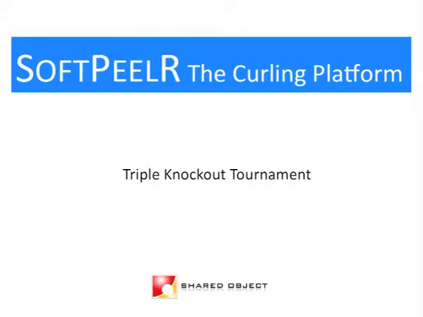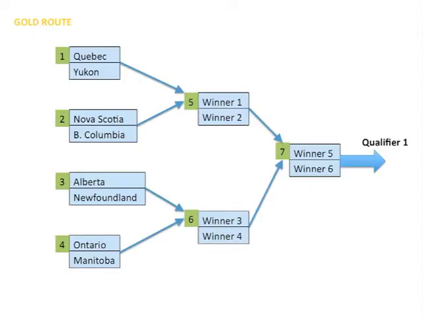In this video, I'm going to show you how you organize a triple knockout tournament using SoftPeelR. In the example tournament, there'll be a first phase, which is a triple knockout, and from that triple knockout, 4 teams will emerge. And then in the second phase, we'll have 2 semifinals and a final. So I'll take an example where there are only 8 teams. Usually, of course, there will be many more teams than this, but I want to keep the video fairly